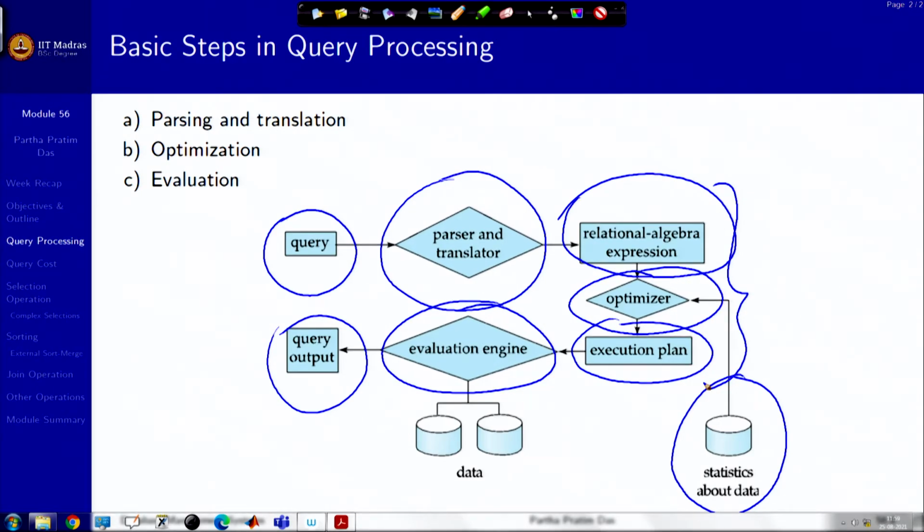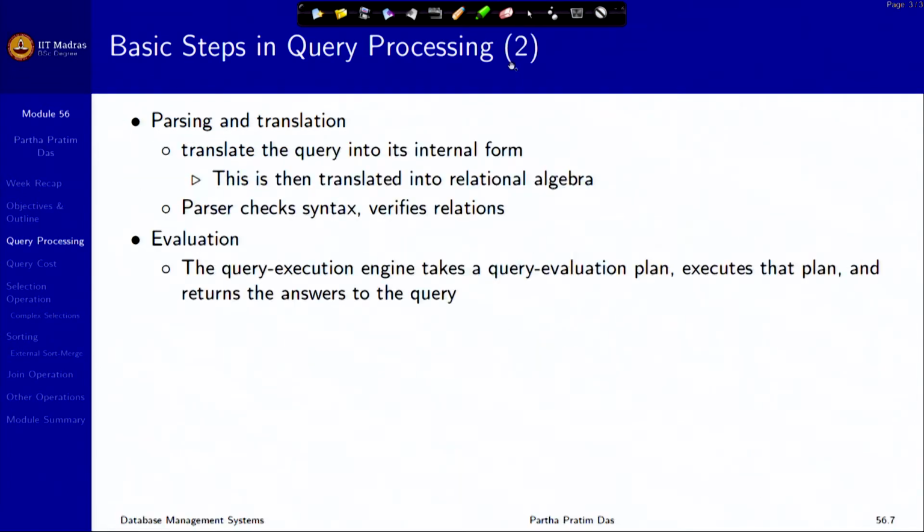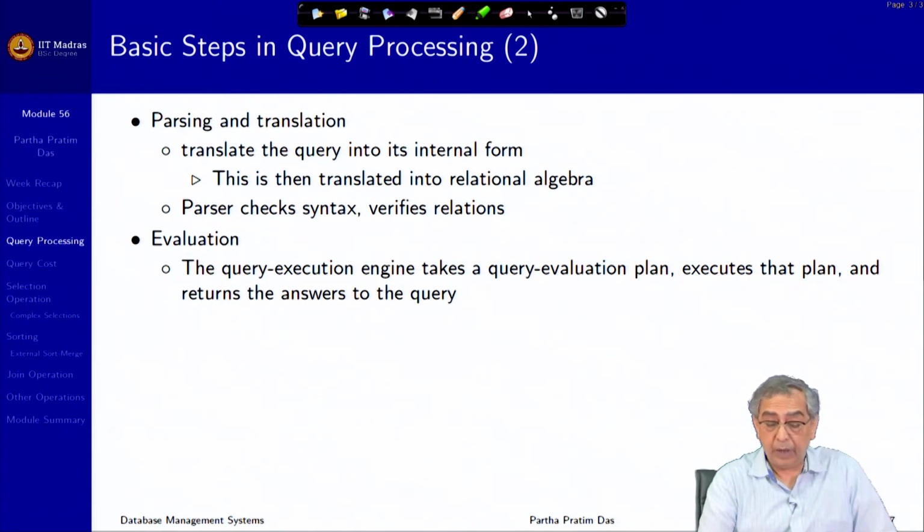We are not going to talk about the parser translator, that is written once and for all, and this is not the course to go deep into that. Neither are we going to talk about the actual evaluation engine, but we will talk about what the relational algebra expressions are and how some expressions can be more preferred than others in terms of the cost that may be involved in evaluating them. So, these are the basic steps: parsing, translation and evaluation to get to a query evaluation